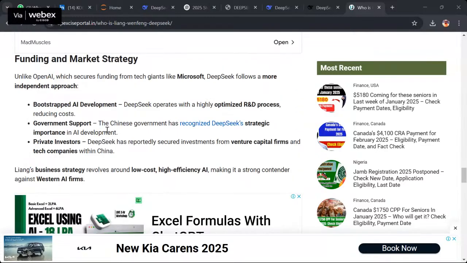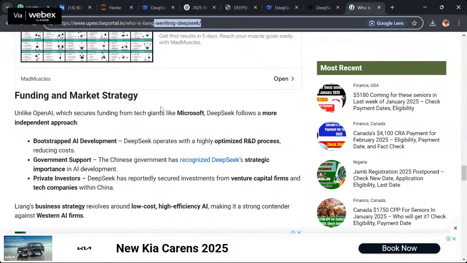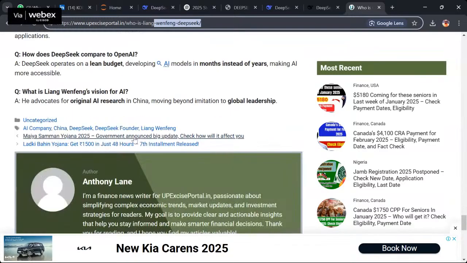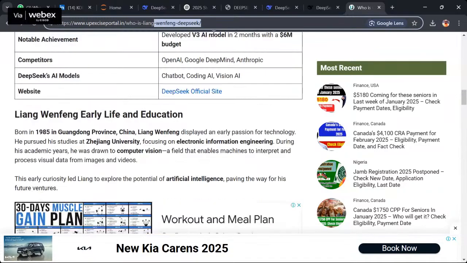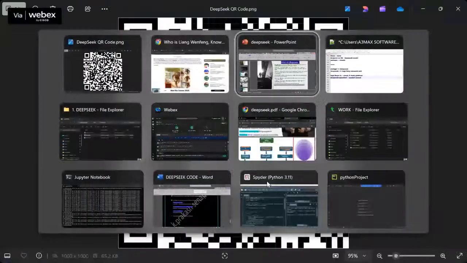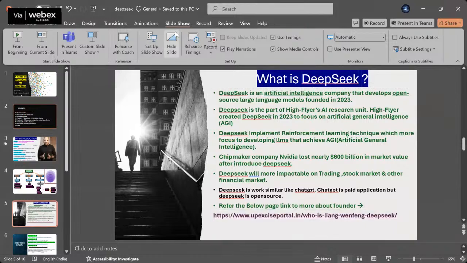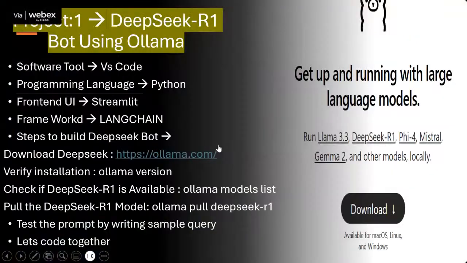Okay, great. Now, this is all funding. I'll share this link so these are all the things you can refer to. I will give you the link where you can find all the history about this. Pretty clear? Good. Next step. Now the DeepSeek models. We'll start a project now, guys.